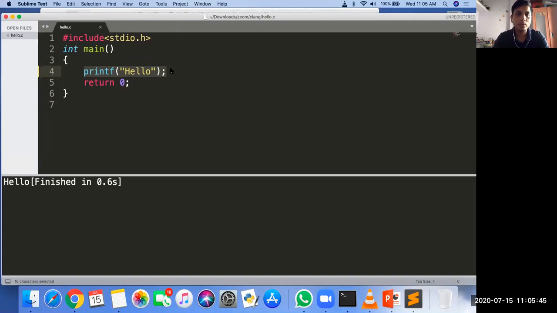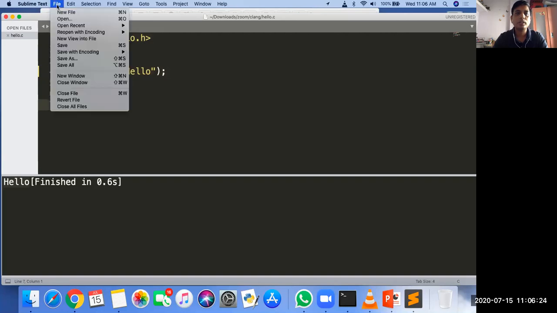If you are writing a small program for testing, this IDE is very good. But if you want to do more hands-on practice, then I prefer that for the first 2 or 3 days you go for the nano editor, practice the different Linux commands, and then you can move from the nano editor to Sublime Text. Sublime Text is very easy. It is very similar to your notepad. Here is the notepad-like editor window where you can type your program, and this is the console window where you can get the output directly.